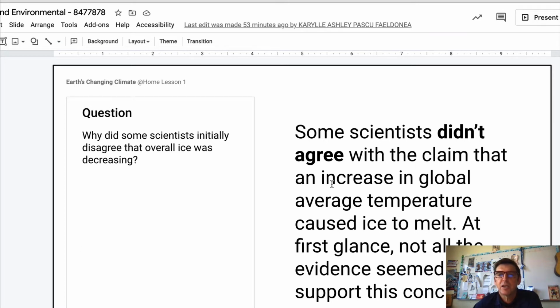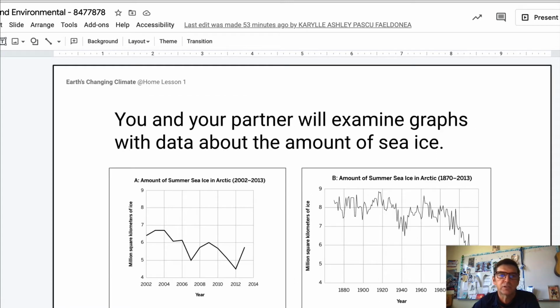Some scientists didn't agree with the claim that an increase in global average temperatures caused ice to melt. At first glance, not all the evidence seemed to support this conclusion. You and your partner will examine graphs with data about the amount of sea ice. Now, whenever you see something like those graphs, take a quick glance. Now, they're going to show us this 10 more times, but remember, this is the vertical axis, and that's otherwise